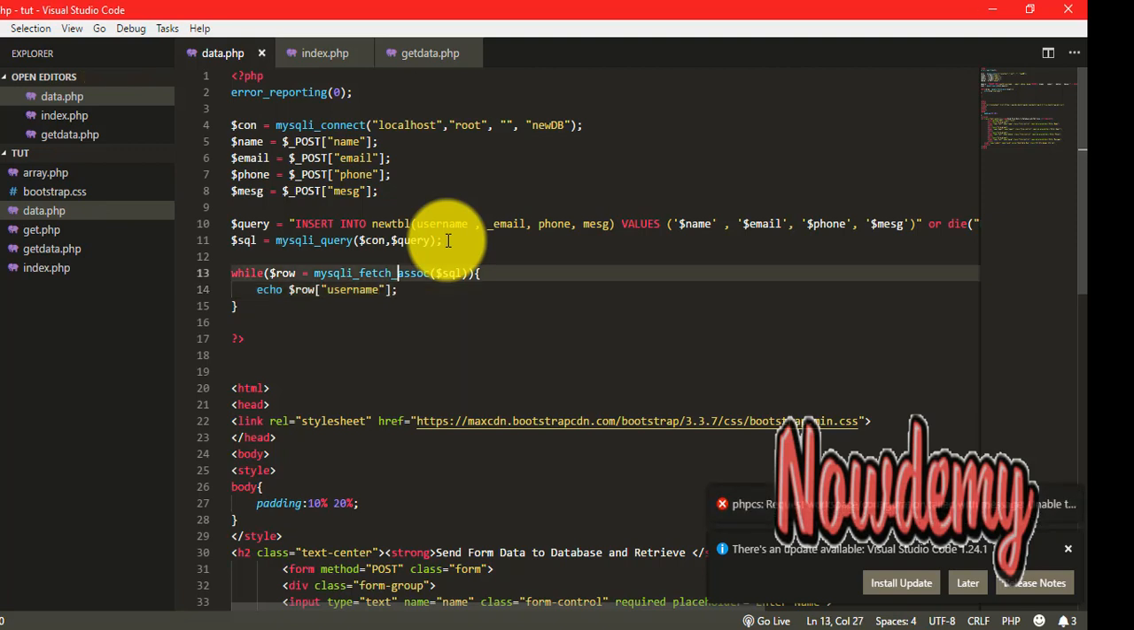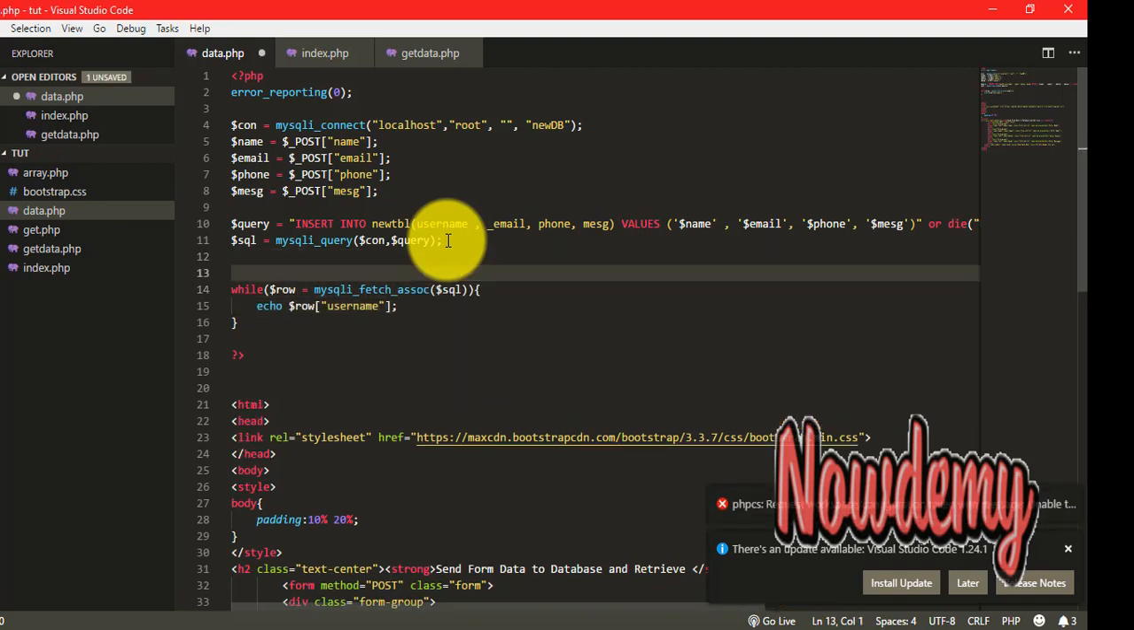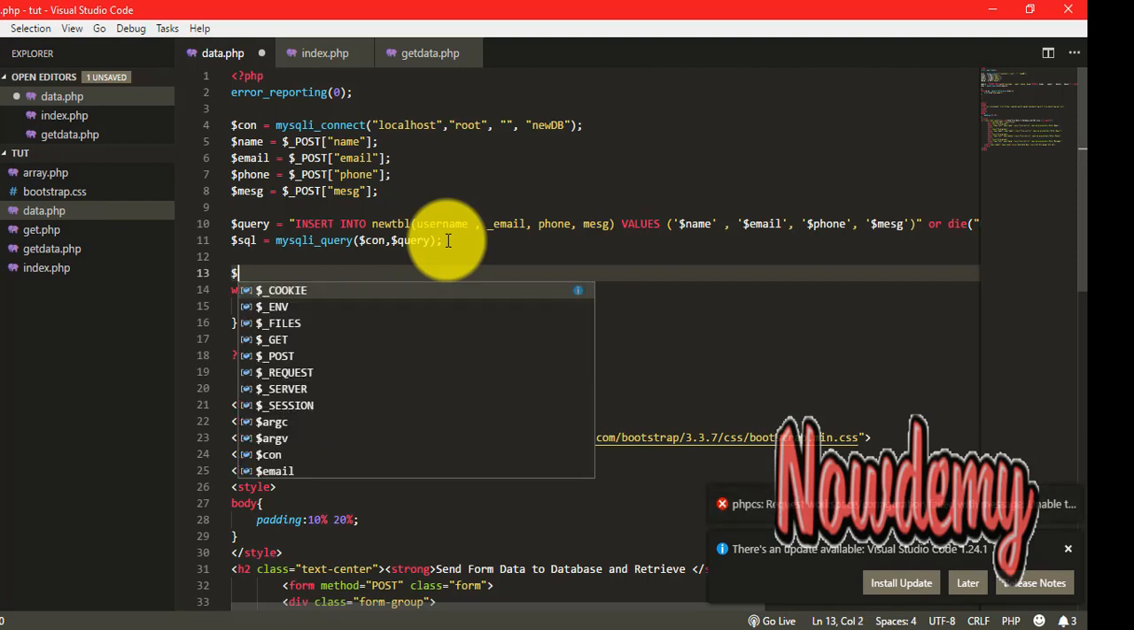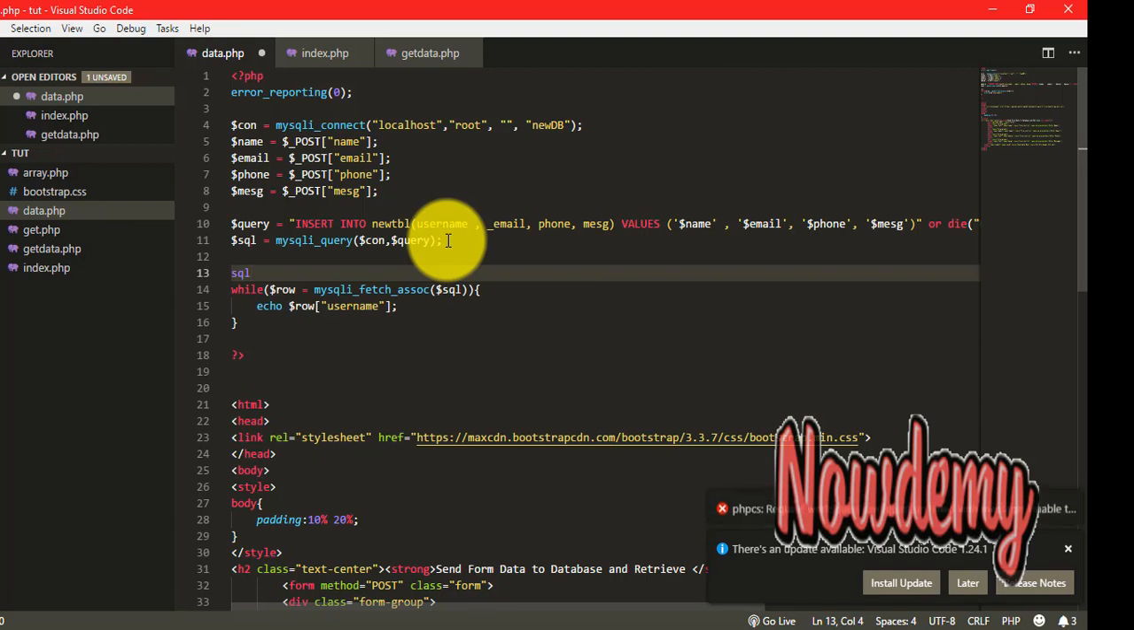Before doing all this, I will need to execute another query from SQL in order to fetch data from the MySQL server. So what should this query be? Let's create a variable for that. SQL data equals select